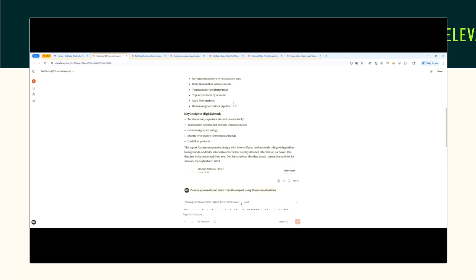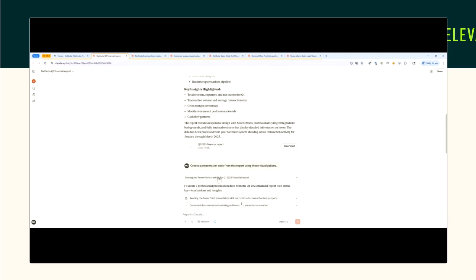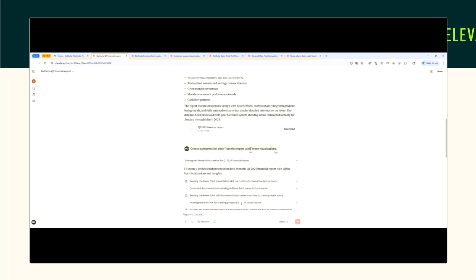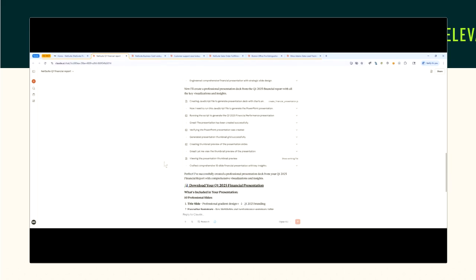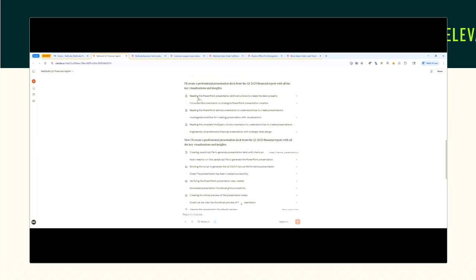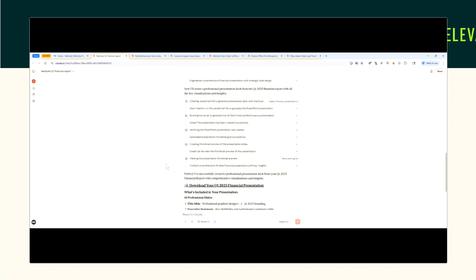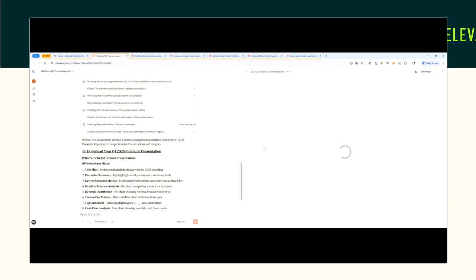Taking all this data that it gave me out of NetSuite, I then said, create a presentation deck from this report using these visualizations. And Claude, being the highly advanced model that it is, ran all of these other tools, not inside NetSuite, but inside its own model, that actually created a PowerPoint presentation.